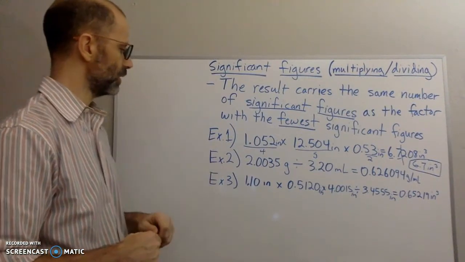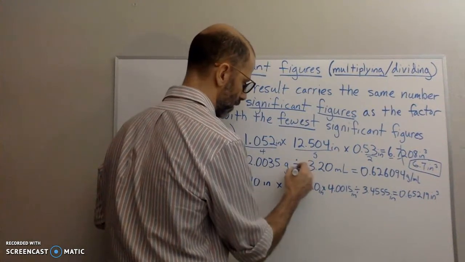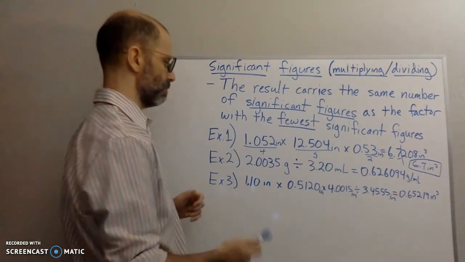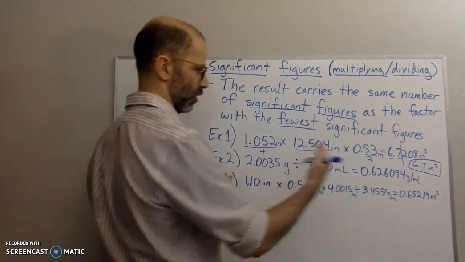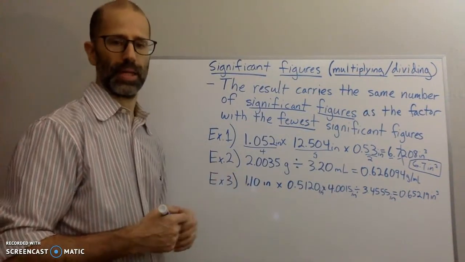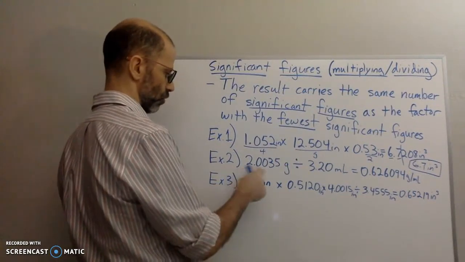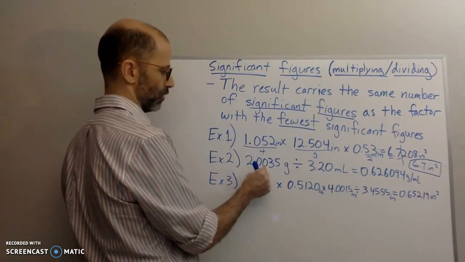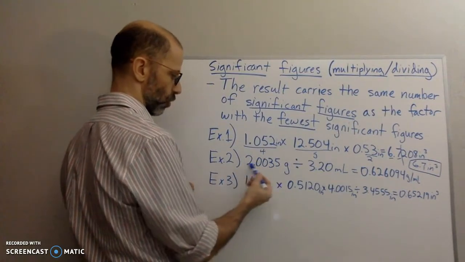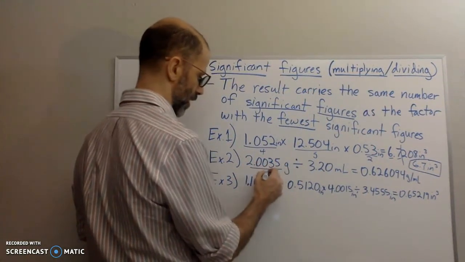Okay, what about example number 2? Same thing. Now we are dividing, so the same rule applies to both multiplication and division. So I divide these numbers together. I get this on my calculator. And so how many digits am I allowed to keep? So we're going to look at the sig figs again. These 2 zeros are going to be significant because they lie between 2 non-zero numbers. So all of these digits are significant. So this is going to have 5